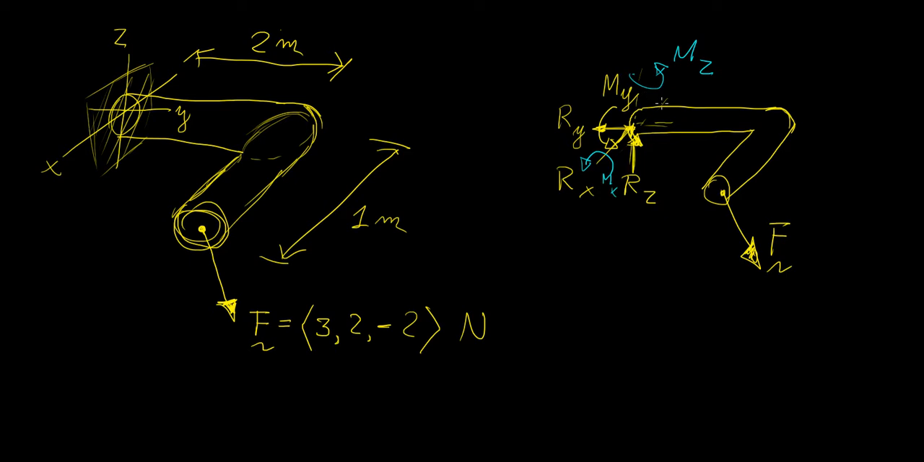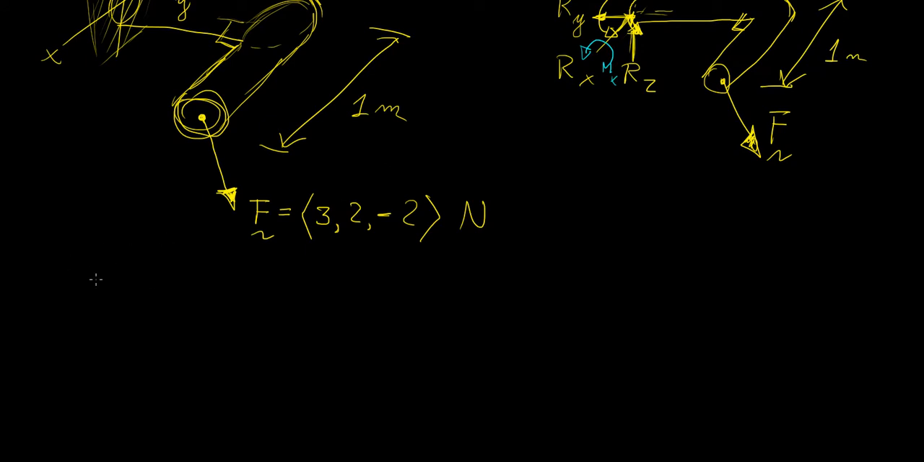And of course we have the distances here because we're going to need those to calculate the moment. So we have 2 meters. And then we have 1 meter here. And obviously this is a right angle, just to point that out, that's a right angle there. Okay, so let's